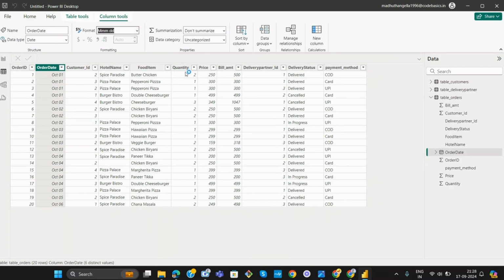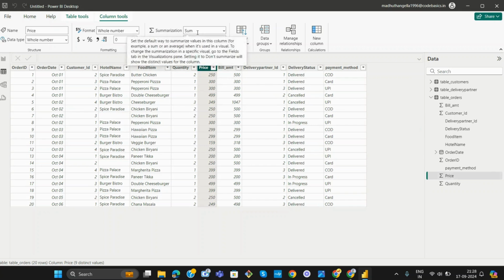For example, this is a price column, right? Here you can see summations in front of the bill amount, customer ID, price, and quantity. These are numbers, so you will get a summation in front of the numbers.